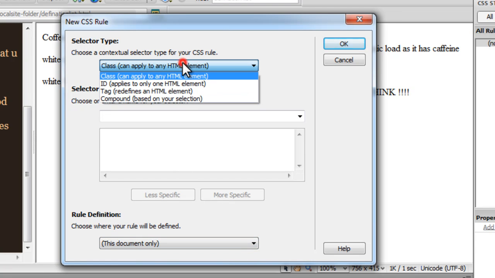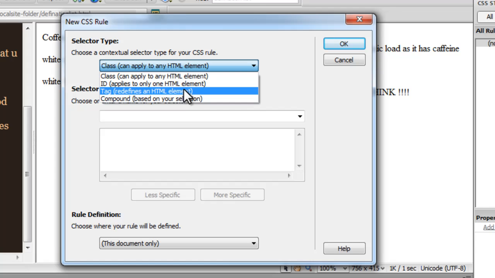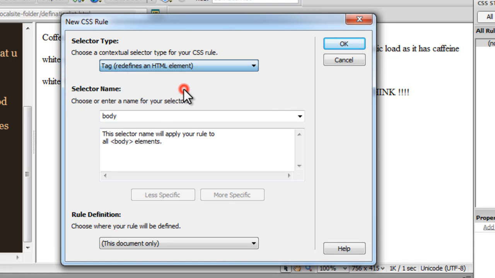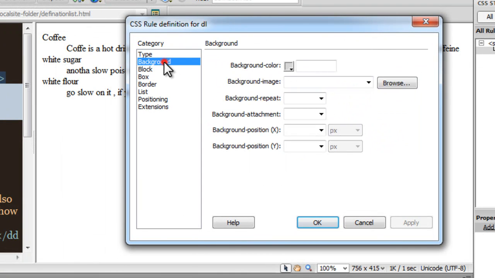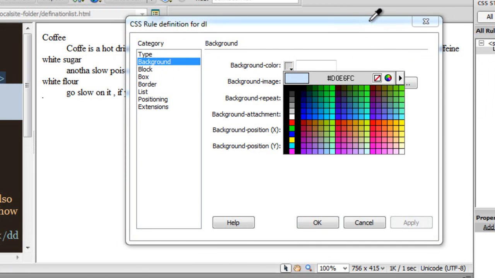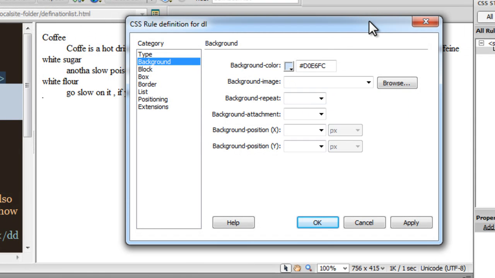I'm also going to create, I'm going to select the contextual selector to be a tag, because the rule that I would want to target is the DL. I want the rule to apply to the DL elements, which is the definition list. And let's see what I really want to do. Let me say okay. Let me go to the background category. Let me select a background color. Let me say this color, which is that mild bluish color. Alright, and then